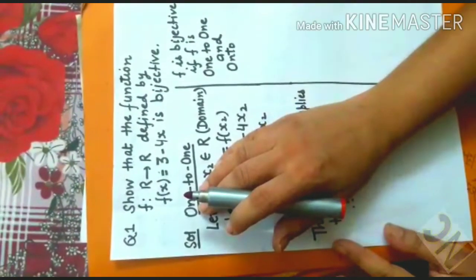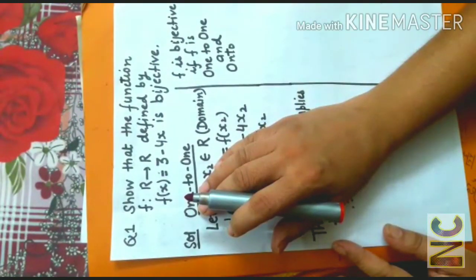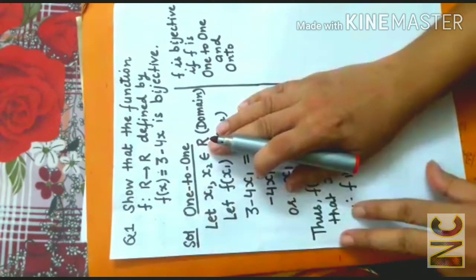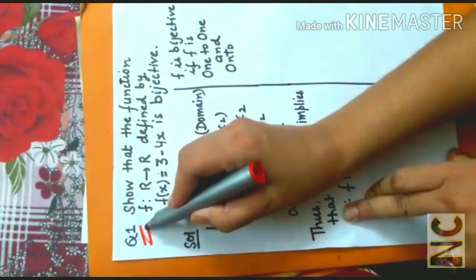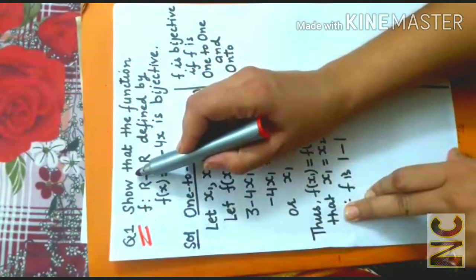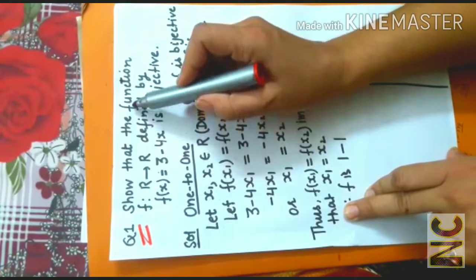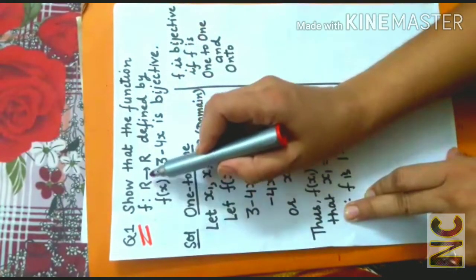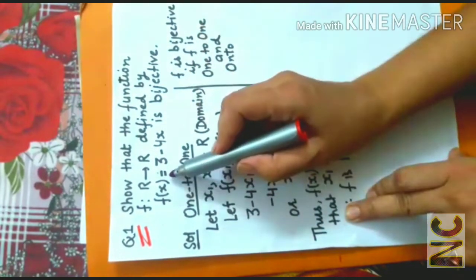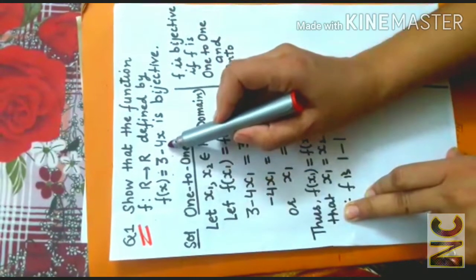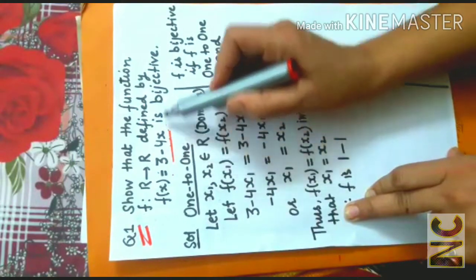Yes, we have learnt about one-to-one function, onto function and bijective functions. Now we will do some questions. Let's take up the first question. Show that the function f from R to R defined by f(x) equals 3 minus 4x is